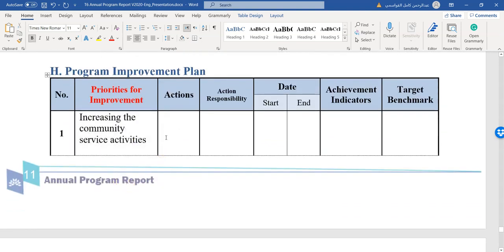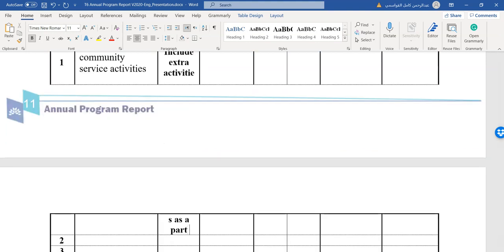What is the action? You have to write the action and who is responsible for this action. Increasing community service, the action, for example, is, you can write any action here. You will see that it will increase the community service. For example, include extra activities as part of community